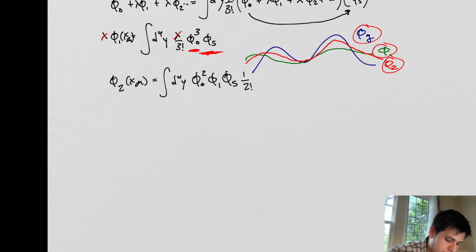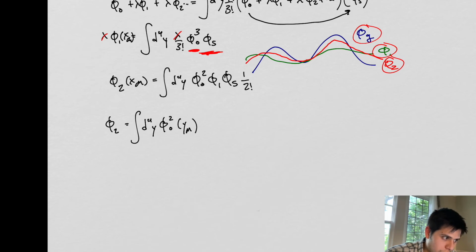This is phi 1. So what does that mean? That means that phi 2 is equal to d4y phi 0 squared at y mu,